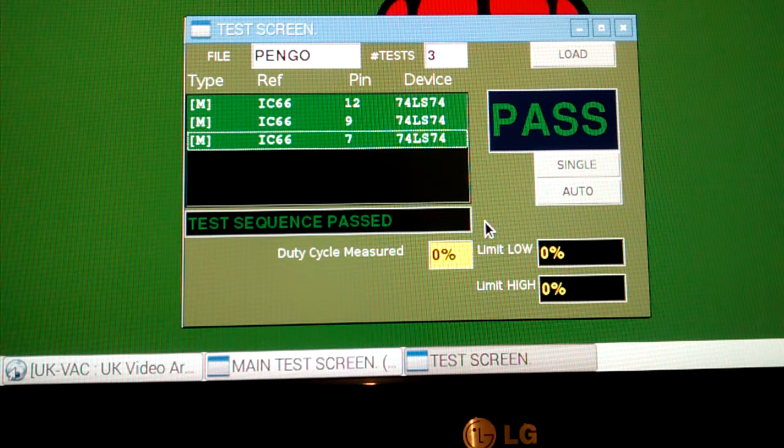And that's basically how you create a test sequence and you run a test sequence. So you can create whatever you like. So you could work your way through, say, the Pengo board or the schematics, and you can sort of work out a test sequence. So if you then have a good Pengo board, you can do all that with it. And then if you have a bad Pengo board of the same type, you can then load it in and